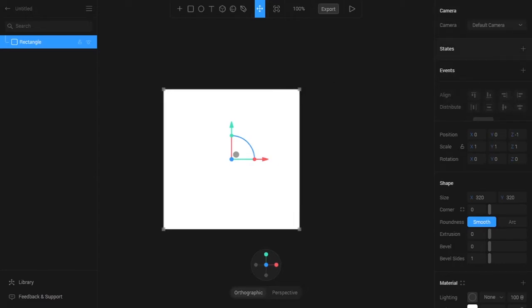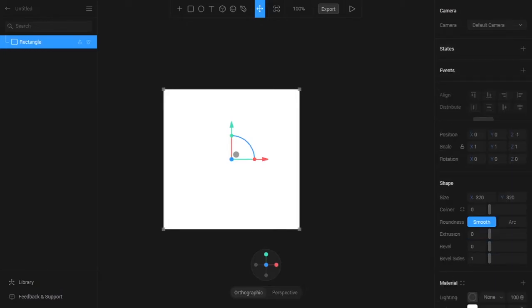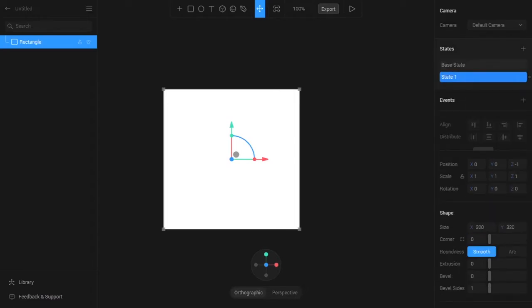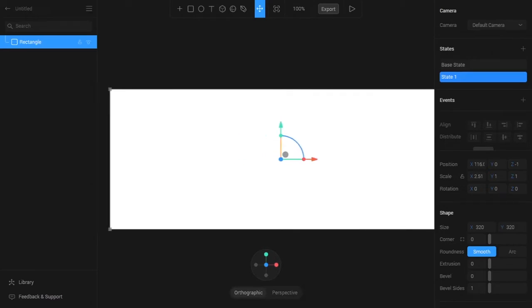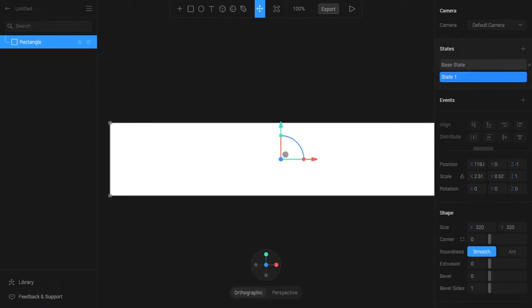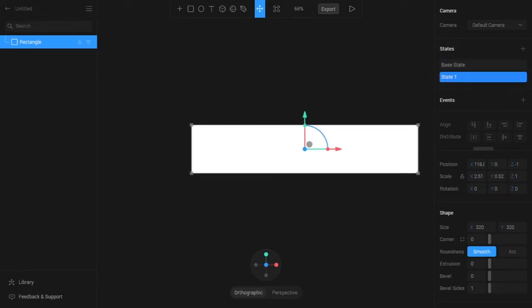First of all, we have states. Using states, we can give an object two different values. I have this rectangle which is basically a square, and if I give a state to this by clicking the plus icon, you can see that we have a base state and a state 1. Currently both of the states are the same, so we will be changing some dimensions of the square in state 1. By selecting state 1, we are going to change some parameters here. I will be just changing the length and the breadth. You can see that if I click the base state, we get this square, and if I select state 1, we get this thing.